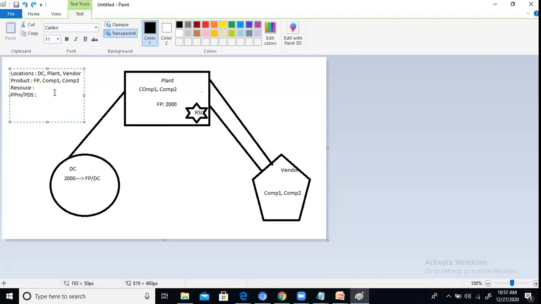Okay. Then next, transportation lanes. Here transportation lanes is nothing but the connection between the source and destination. Simply, we can term a transportation lane as a link. It establishes a link between the source and destination, which means that